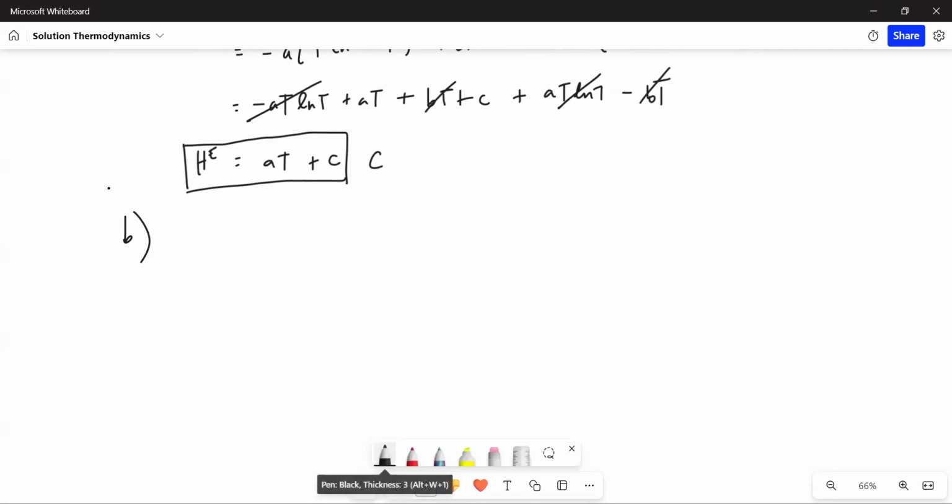By the way, since it's given in the problem that CP is temperature independent,